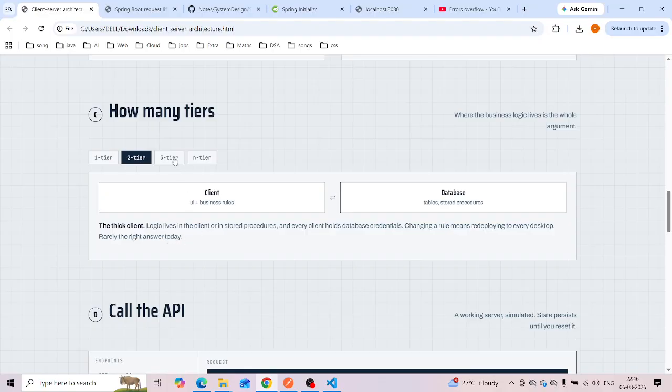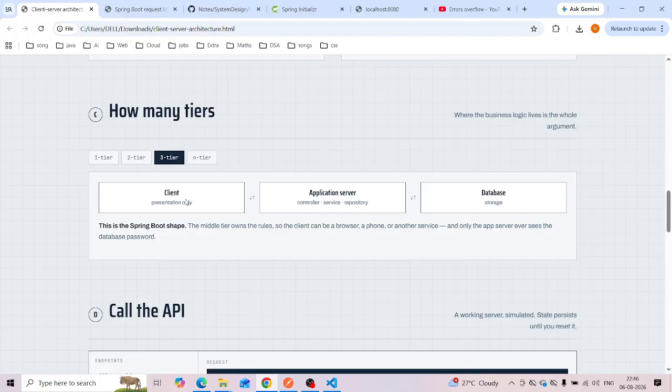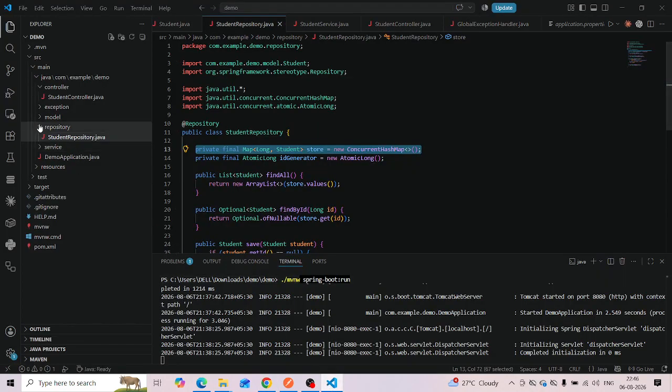Now three tier. Three tier is client, application server, and then database. The client interacts with the application server, and the application server interacts with the database. Logic resides within the application server. This is controller, service, repository. Here is the controller folder.